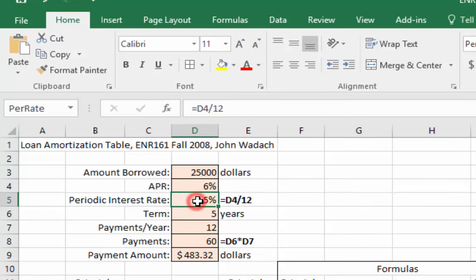And the only one that has a formula here is the periodic interest rate, and I'm going to call that per rate, and that's the amount borrowed divided by 12, which is the number of months. Okay,